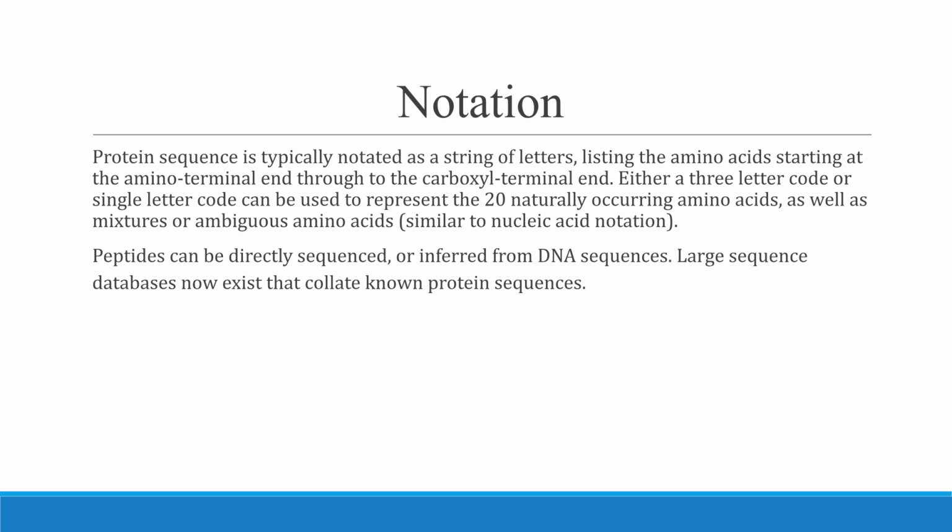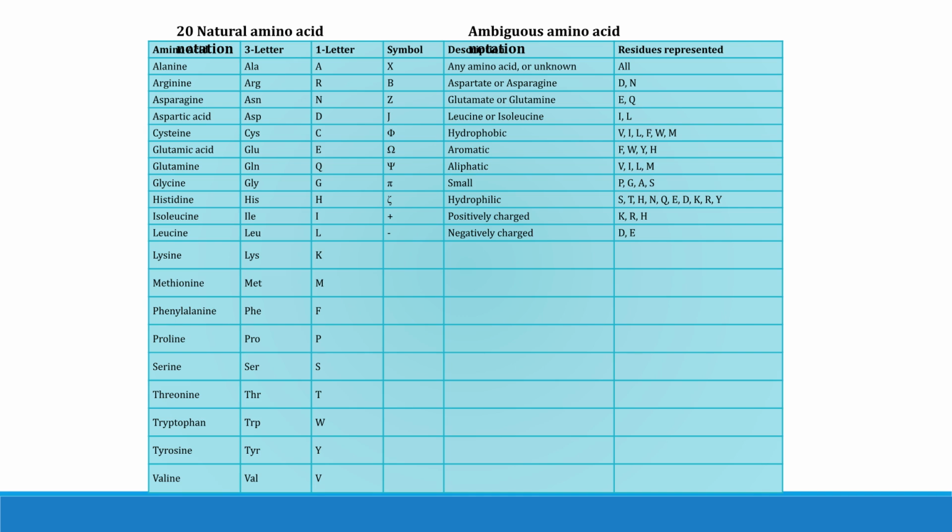In biological systems, proteins are produced by ribosomes during translation, where amino acids are polymerized via peptide bonds. Peptides can also be synthesized chemically in the lab, typically starting from the C-terminus, the opposite of biological synthesis. Protein sequences are typically notated as a string of letters, using either a 3-letter code or a single-letter code for